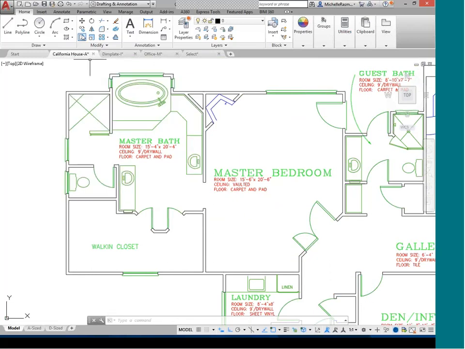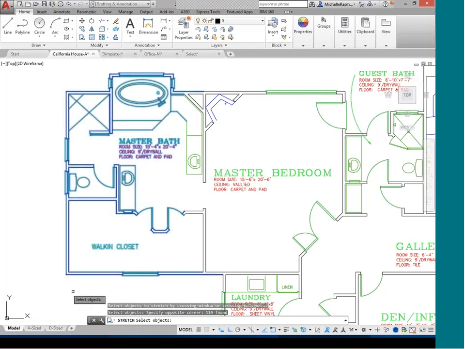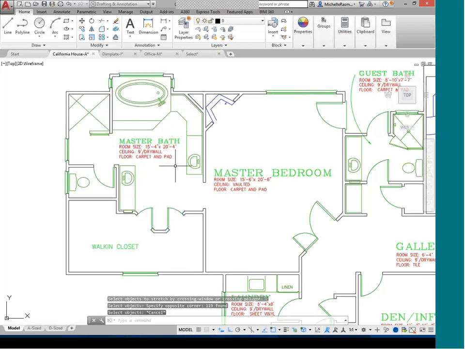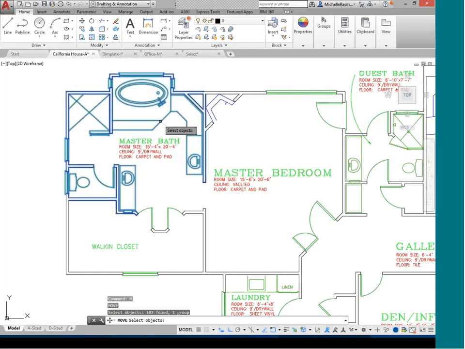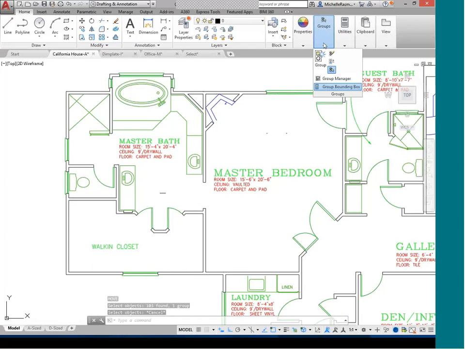So even if I started the stretch command at this point, that group is not going to act like a group, but if I do the move command and I pick that, you can see it has grabbed everything in the group. So it's going to vary according to which command you're in, but the nice thing is you just grab one of those. If I don't want to grab the entire group, I go back up to the group panel and